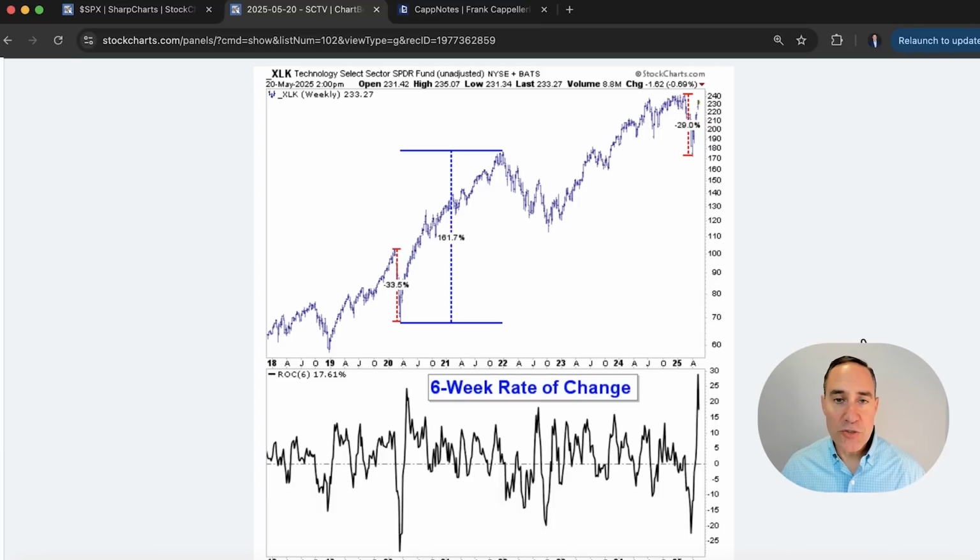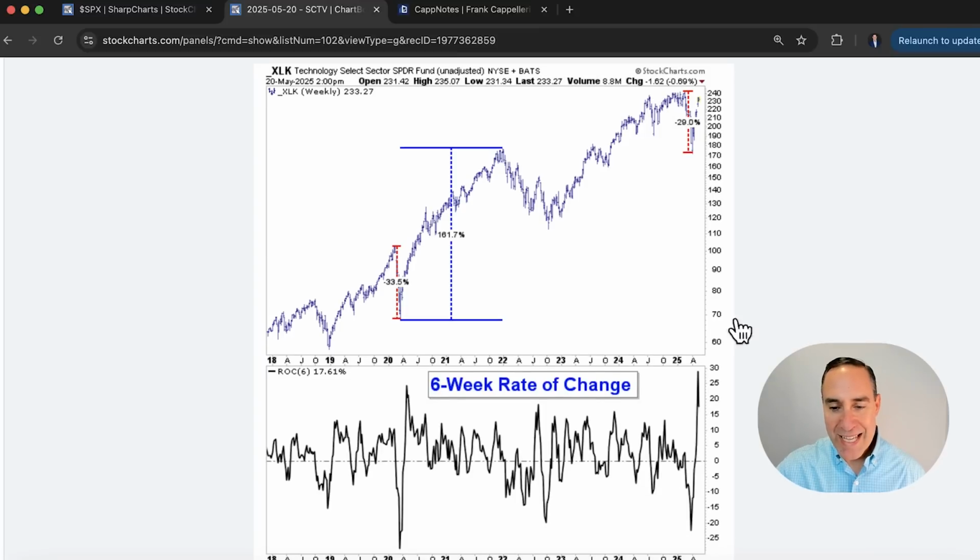And so turning to the XLK Technology ETF, as you know, the comeback has been really predicated on large cap growth to the point where we had a 6-week move, looking at the closing levels on a weekly basis, of nearly 30%, just a massive, huge gain, right? As we know, that last occurred, something like that, a 6-week gain of at least 20%, back from March